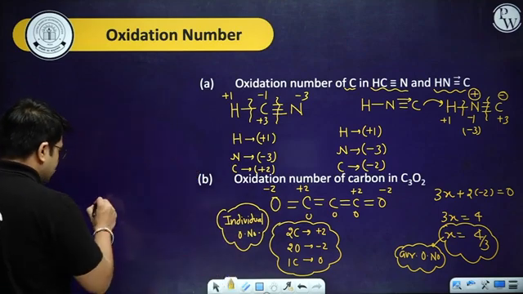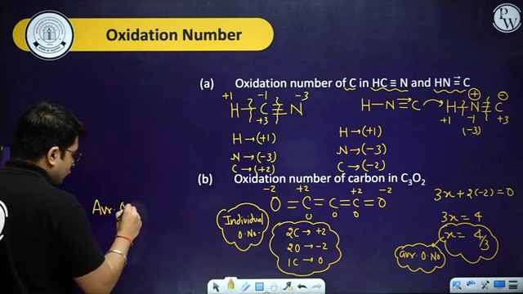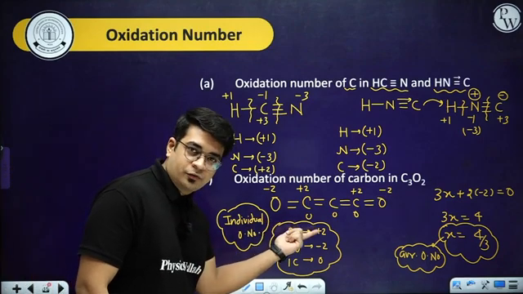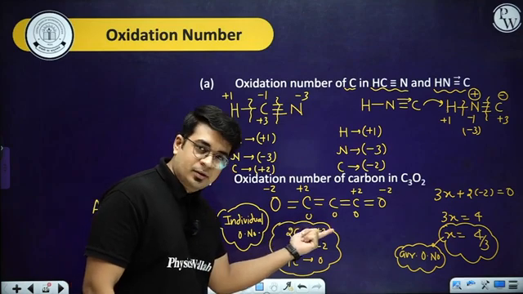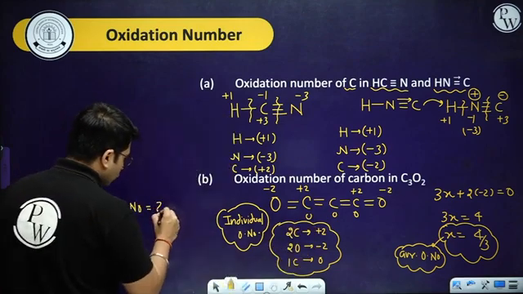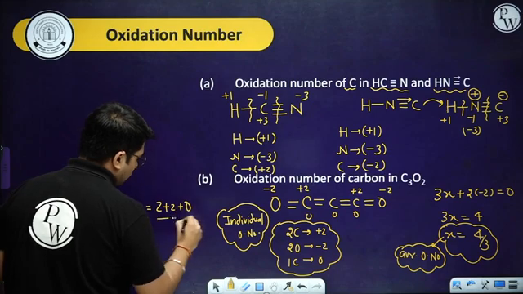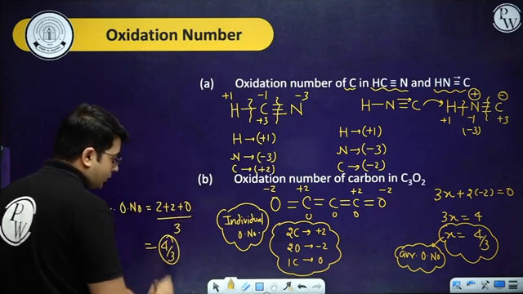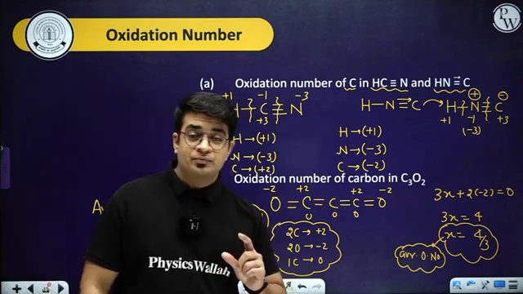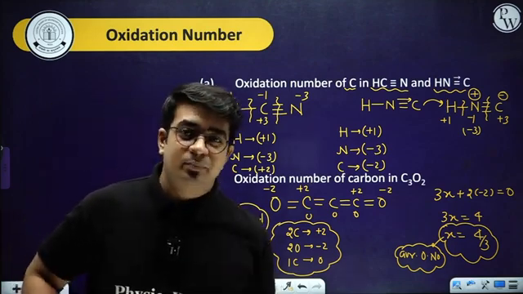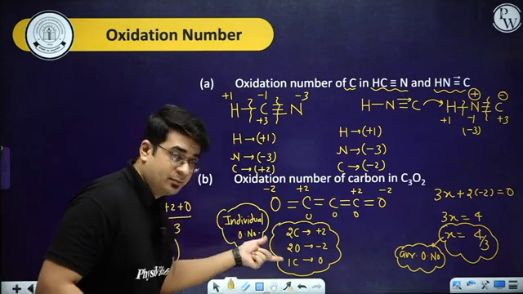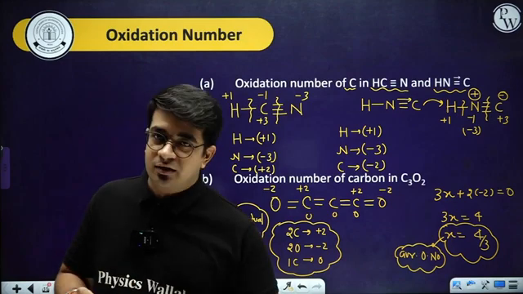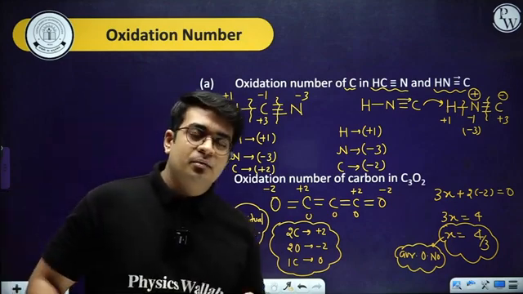From this particular part, I can also calculate the average oxidation number. So total oxidation numbers of carbon: 2 carbon in +2 and 1 in 0. So 2 plus 2 plus 0 and total atoms of carbon are 3. So you can say again it is coming out as 4 by 3. So there is a difference. That's why oxidation state is basically assigned for individual atoms and oxidation number generally corresponds to the average part. Okay, so there is a slight difference between these two parts.